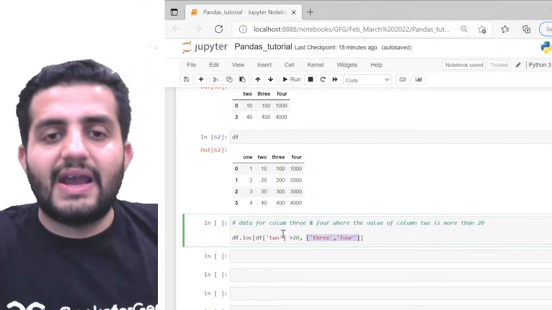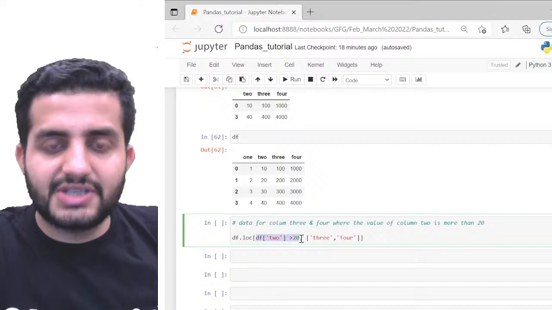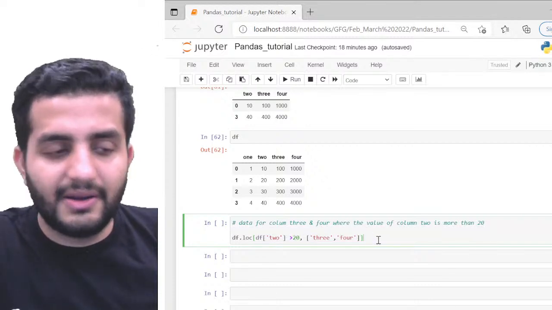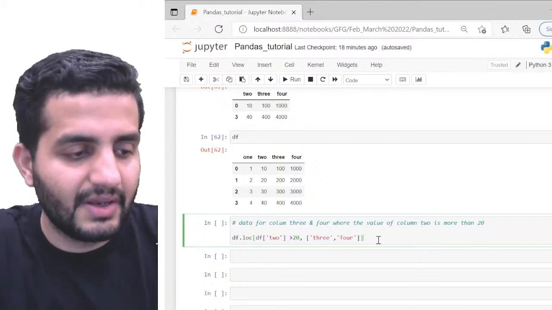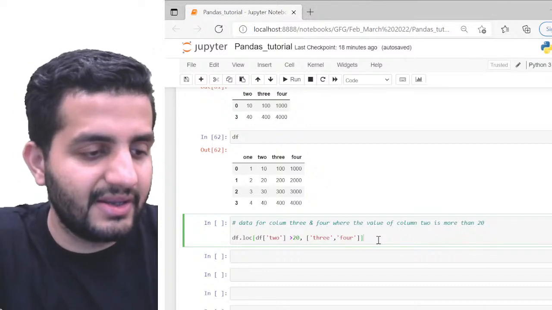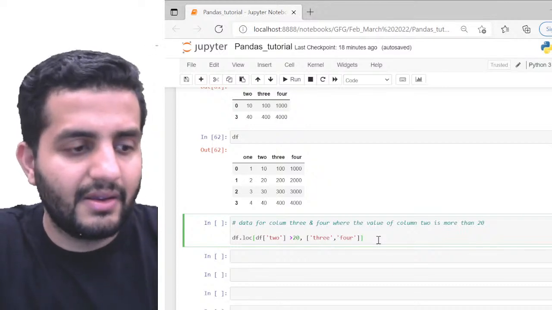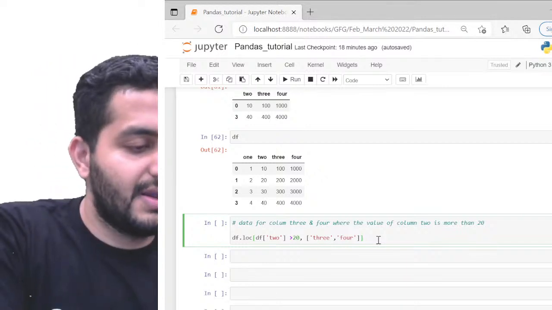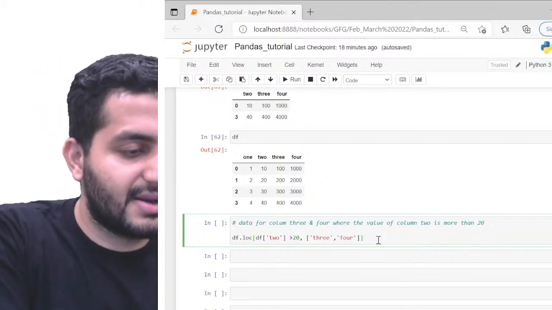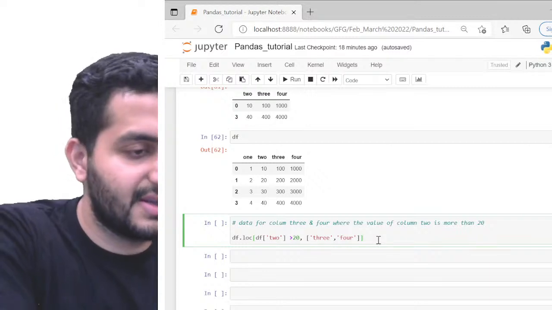Cool. So this is what we have for the row logic and the column logic. Clear? Any questions in this, guys? Is loc and iloc logic clear to you guys? Filter logic, is it clear?